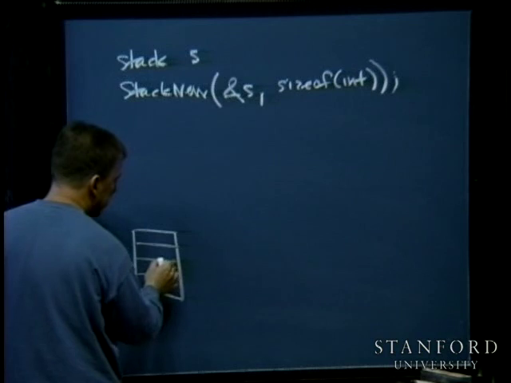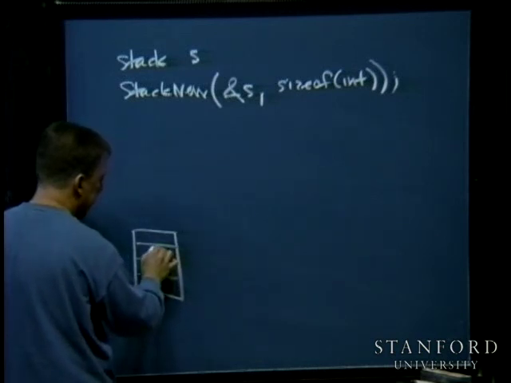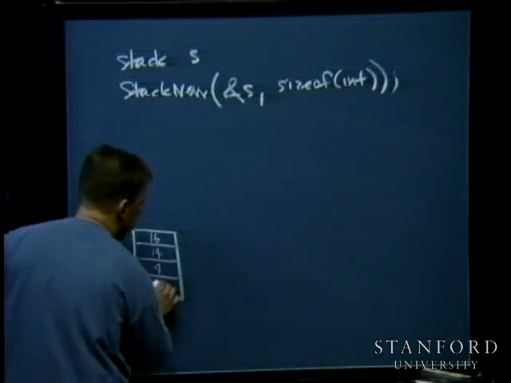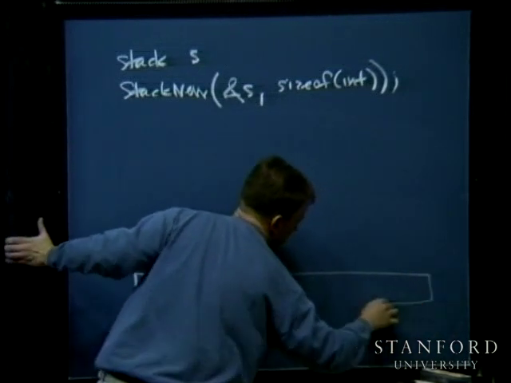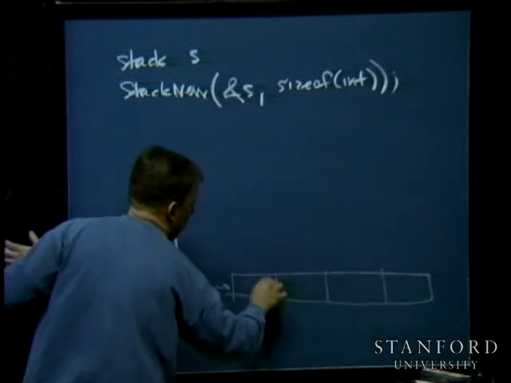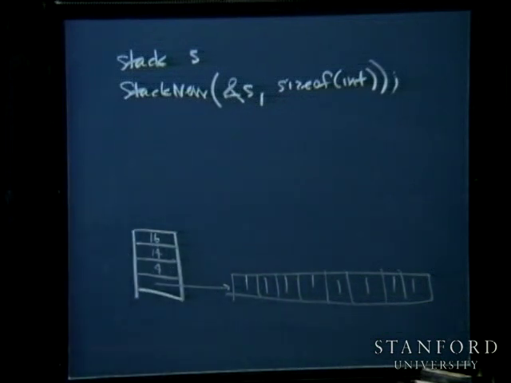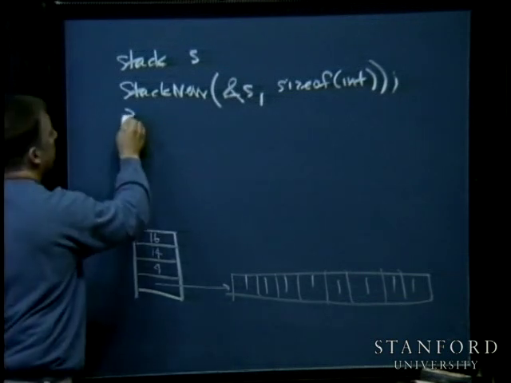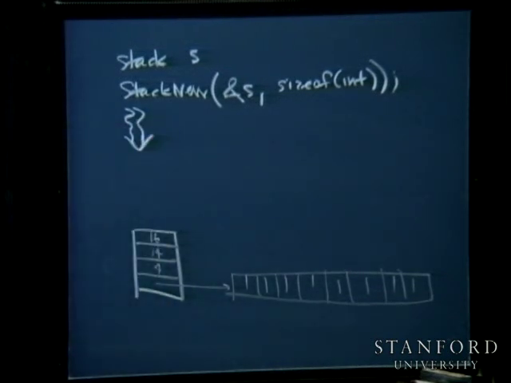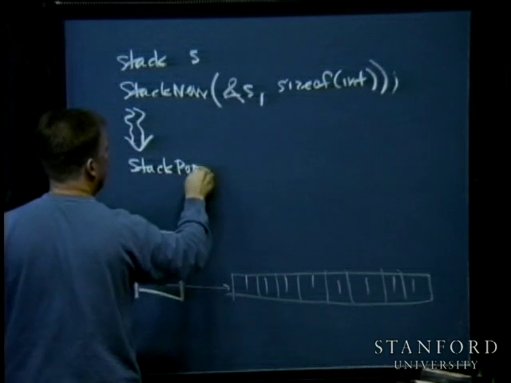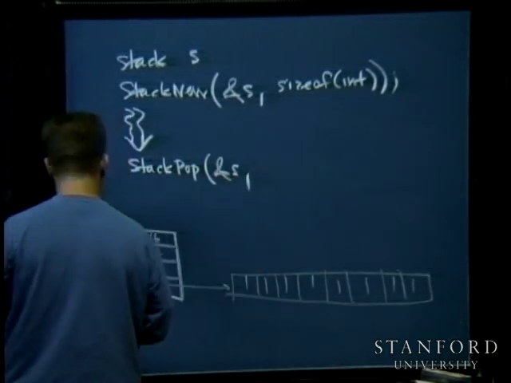But I know behind the scenes that it has a 4 there, and maybe my stack has 14 elements in it, and it can accommodate 16 elements, and that it points to this thing that has not 2 or 4 or 8, but 16 elements in it. Okay, and I'm like, you know what? I did all this work and I pushed on 14 elements right there, but I'd like to now pop off the top element. When I do this, stack pop, I have to pass in